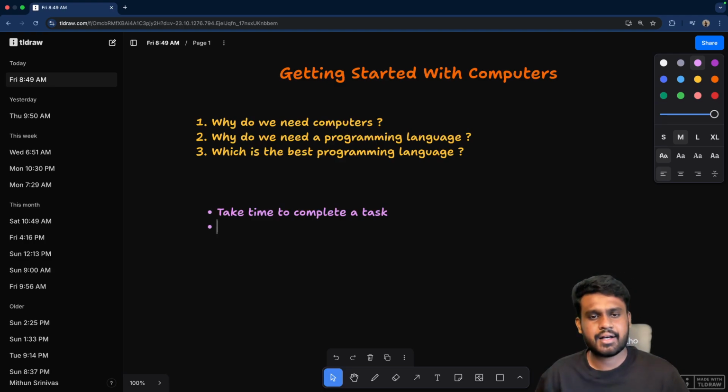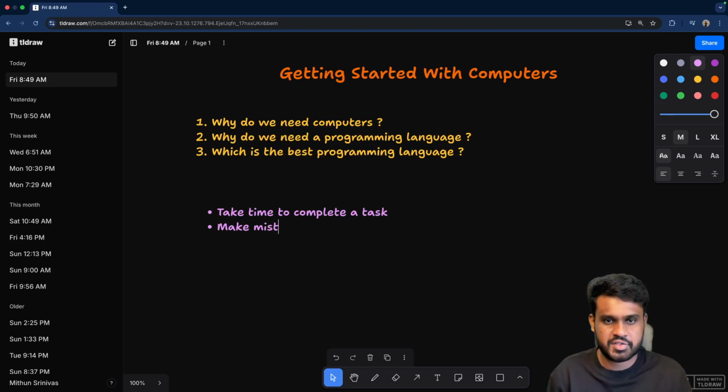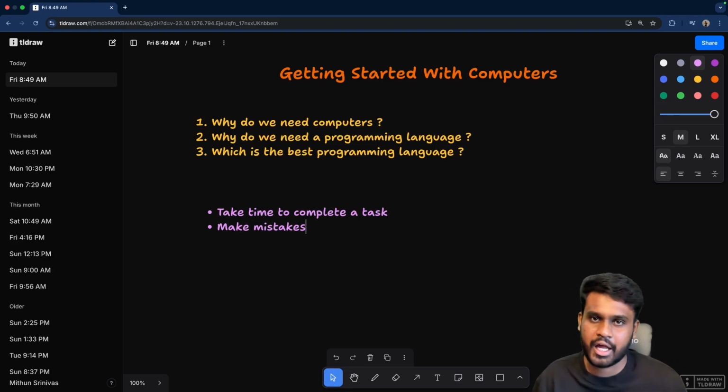Next challenge, let's go with the same example. I will tell you to count from 1 to 100. You will be like, it's easy. Again, next I will tell you, can you count numbers from 1 to 1,000? It's easy, but you encounter some errors. You will fumble sometimes, maybe lose track of the numbers. So that's one, we are error prone. We make mistakes knowingly or unknowingly.